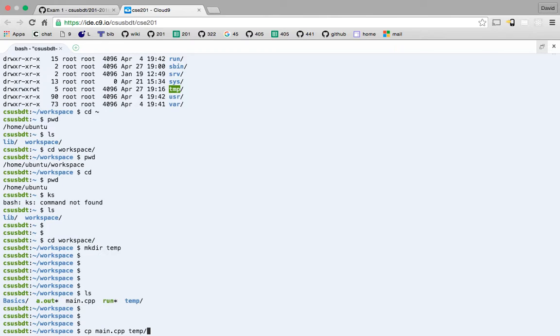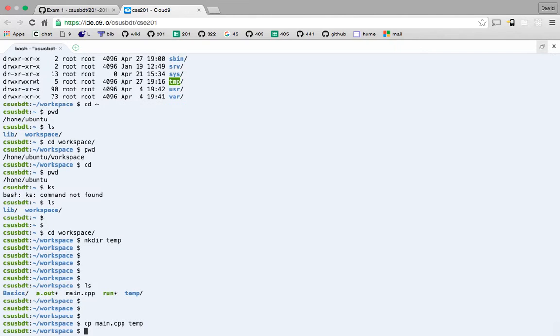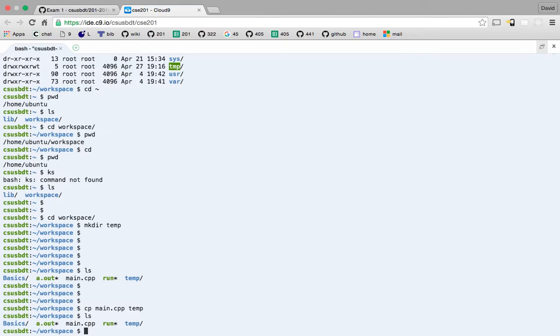There's the command for that. This also does the same thing. It doesn't overwrite temp. It actually puts the copy of the file in temp. So look in here, that main is still here, but if I do ls on temp,